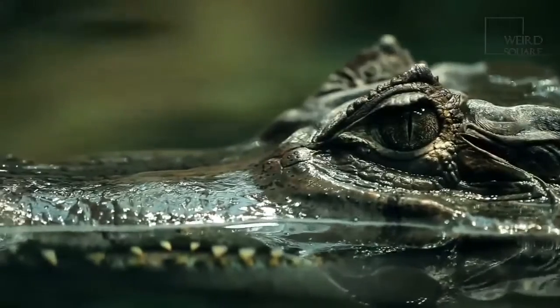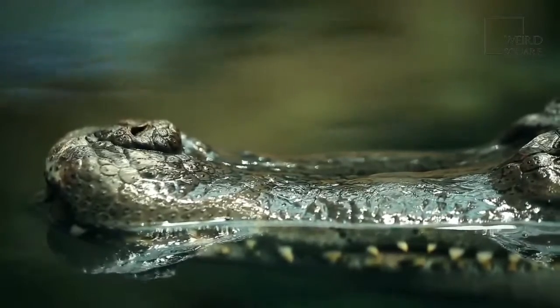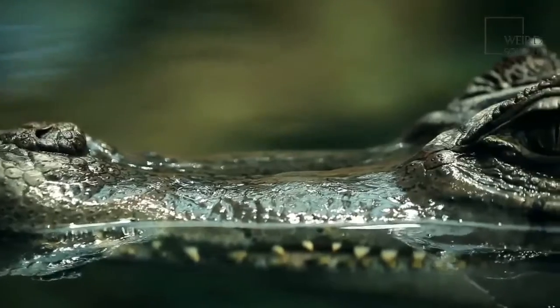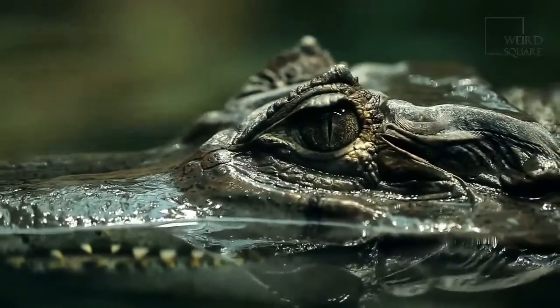Unlike a number of their larger relatives, the tough, armored skin of the dwarf crocodile has meant that they are not hunted so frequently as other crocodile species, but they are often hunted for their meat by local people in certain areas. Dwarf crocodiles are also affected heavily by growing levels of human activity throughout much of their natural range